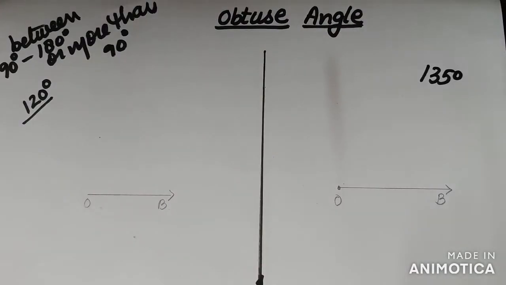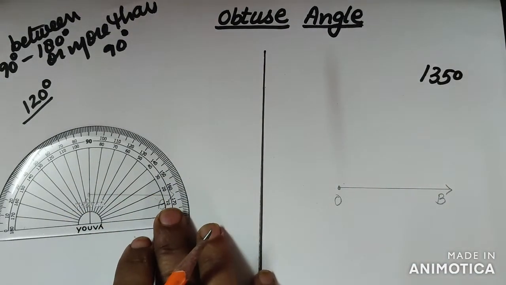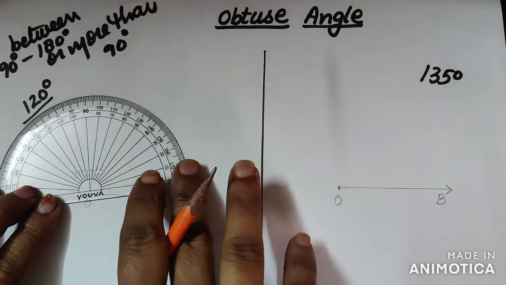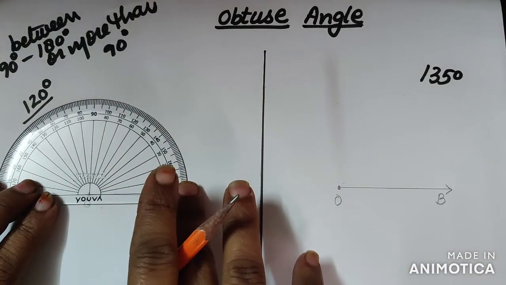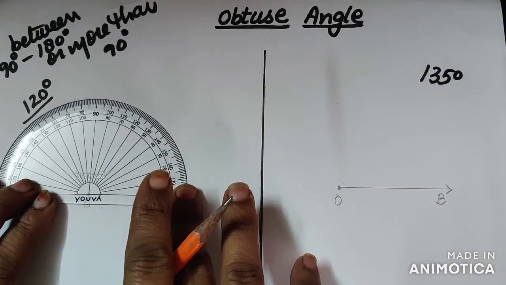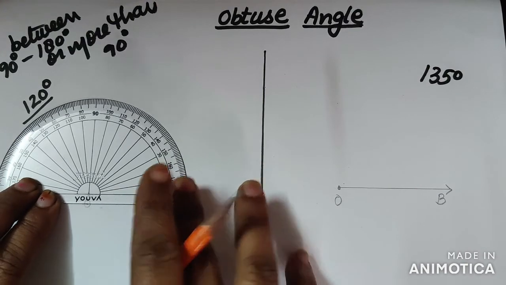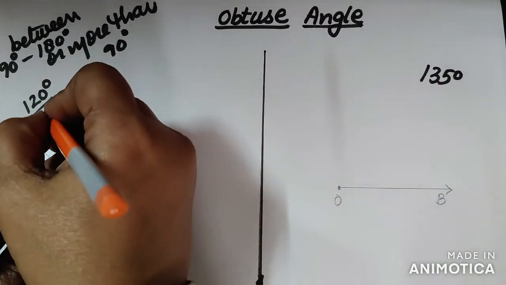Now children, the next angles that we will have to draw are of 120 degree and 135 degree. So between 90 degree to 180 degree, or more than 90 degree, you will say we will have to draw an obtuse angle. Again you will draw the line, right? Now vertex is O. On point A you will just put your protractor, the center on O and 0 on the baseline, right children? Now after that you will just see the inner scale and mark 120.